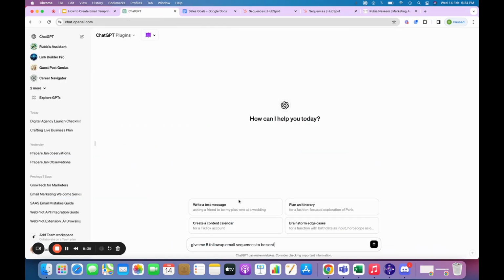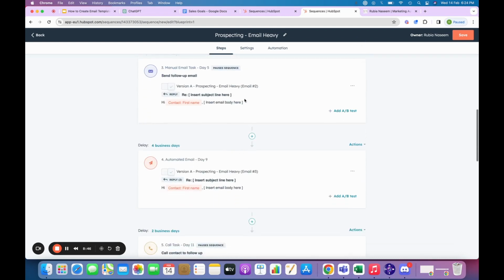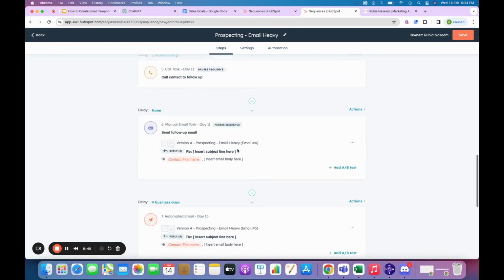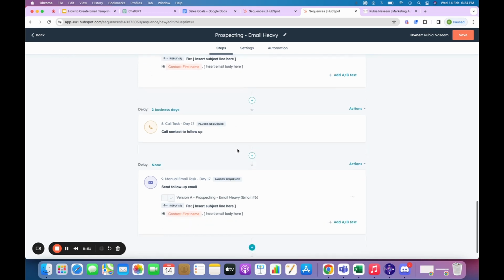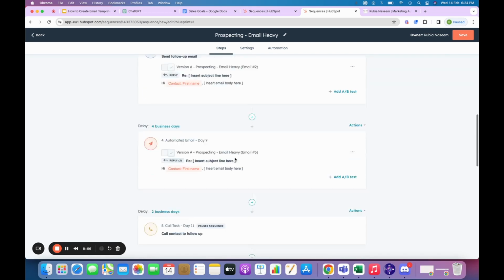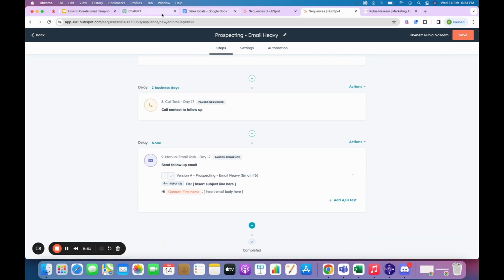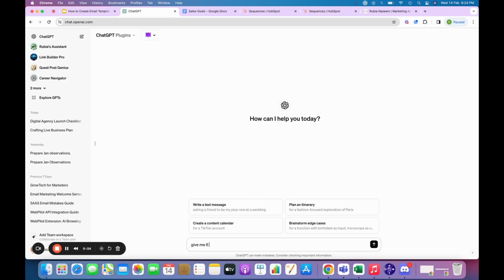So we can go to ChatGPT and just say, give me, we can just see the number of emails. So 1, 2, 3, 4, 6. So give me 6 prospecting heavy emails for sales team